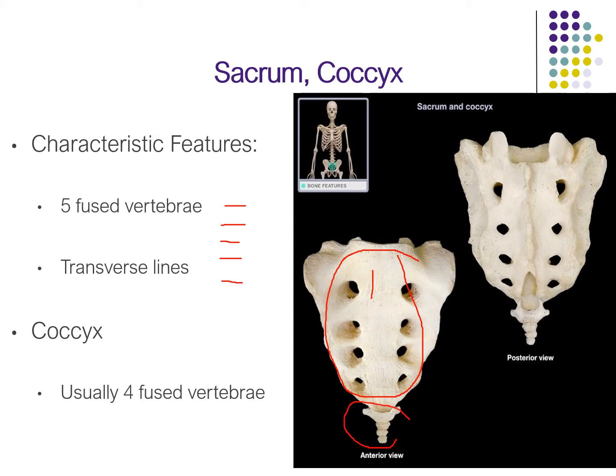Your coccyx, or tailbone, is the remnant from evolutionary times. Some people still do have extra vertebrae on it that form a slight tail, but usually it's only 4 fused